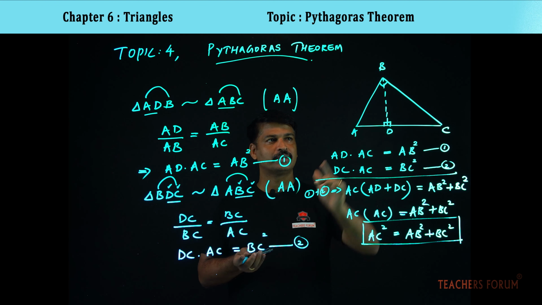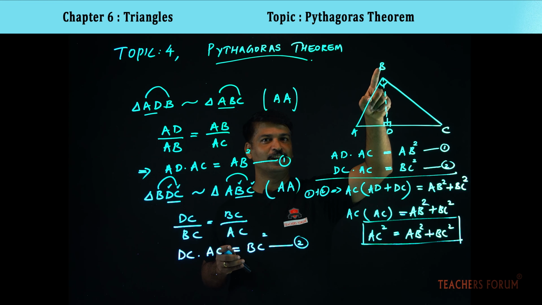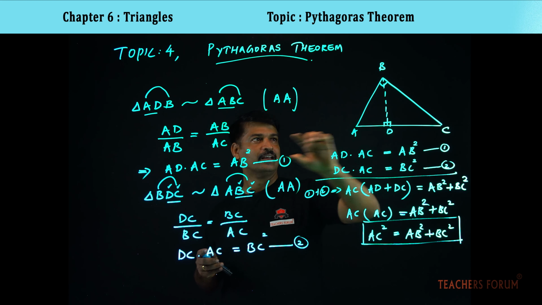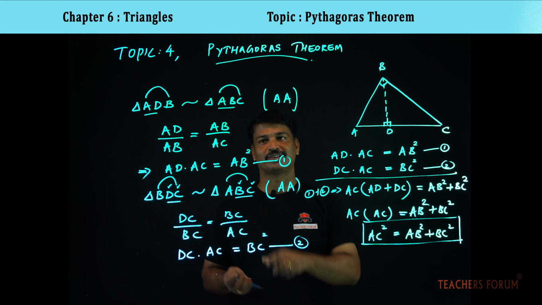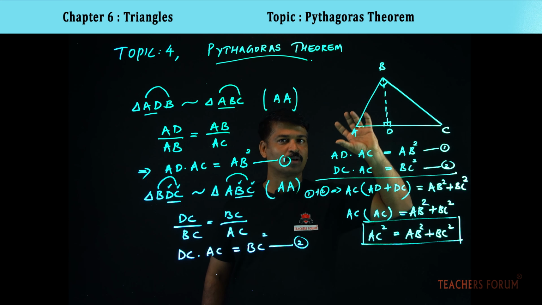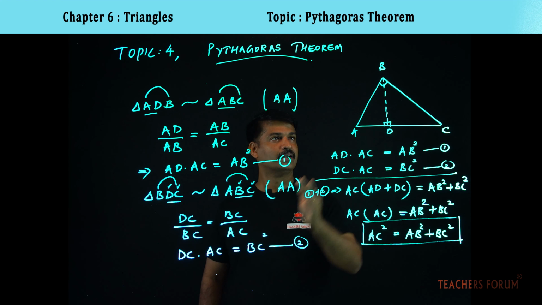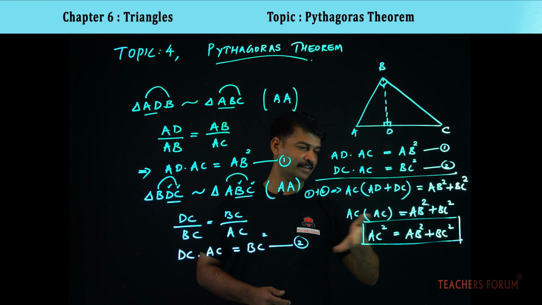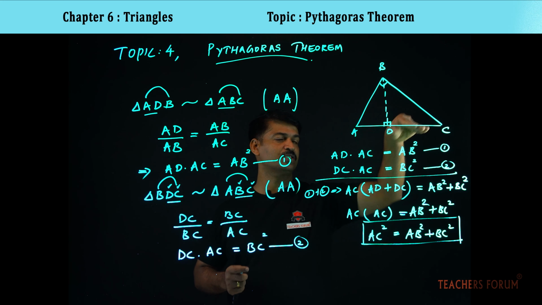It is very simple. Take a triangle, right angled at B, and draw a perpendicular. First you consider triangle ADB, then ABC. Angle A is common in both cases. Okay. So these two triangles will be similar. If two triangles are similar, their corresponding sides will be proportional. You will get one equation. Next, you take triangles BDC and ABC. They are also similar using the AA similarity criterion. Just find the corresponding sides, cross multiply, and you will get the second equation. Just add, and you will reach the result, that is AC square is equal to AB square plus BC square.